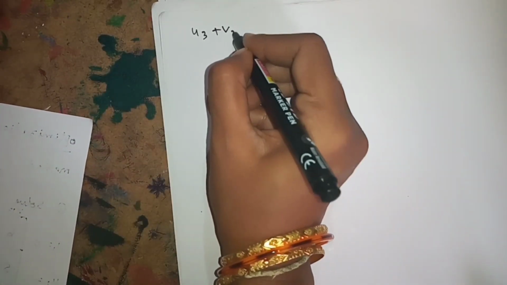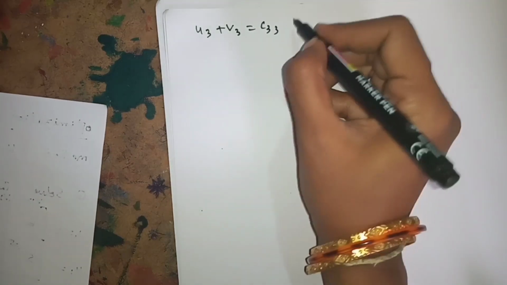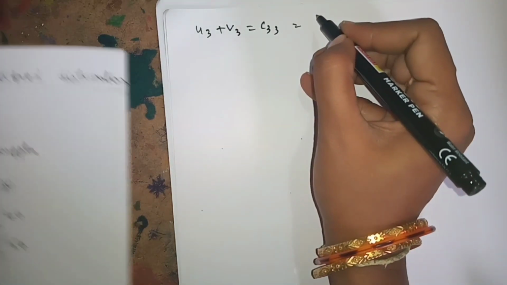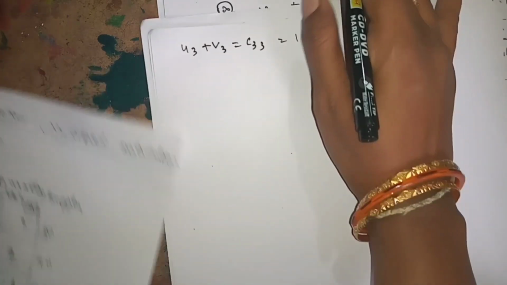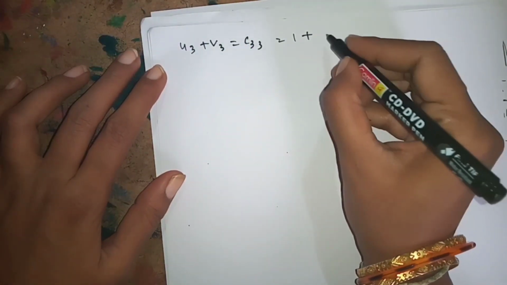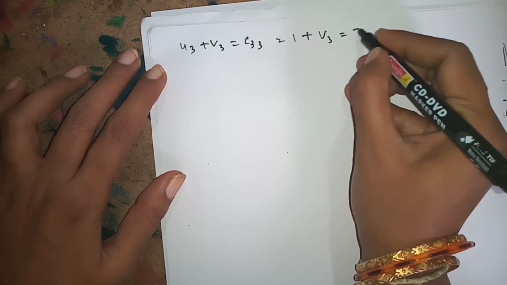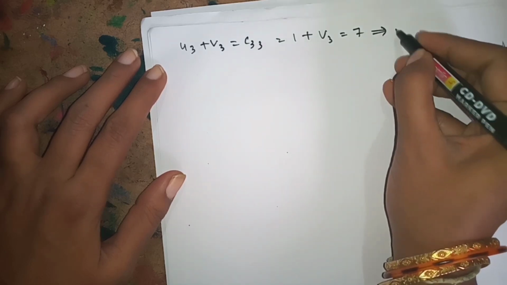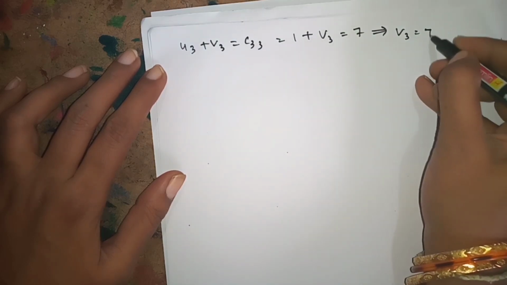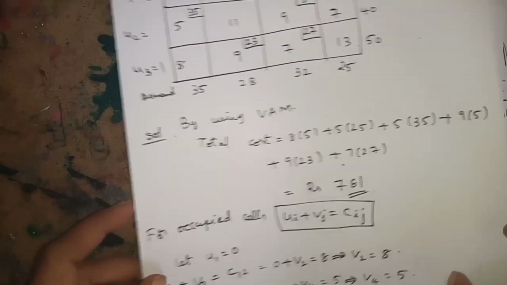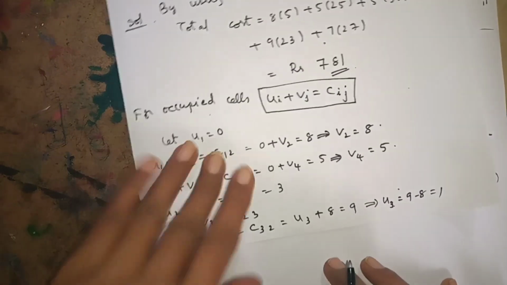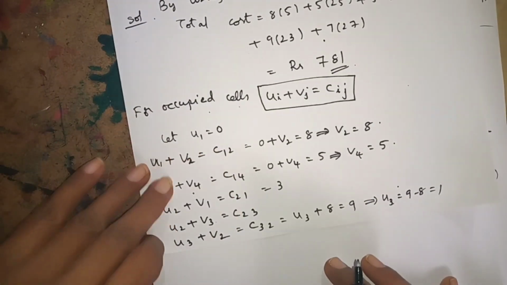U3 plus V3 is equal to C33. U3 is equal to 1, plus V3 is equal to 7, implies V3 is equal to 7 minus 1, which is 6. Using all these values, we can find the remaining also. U2 is